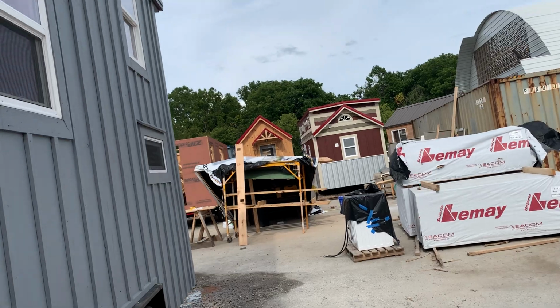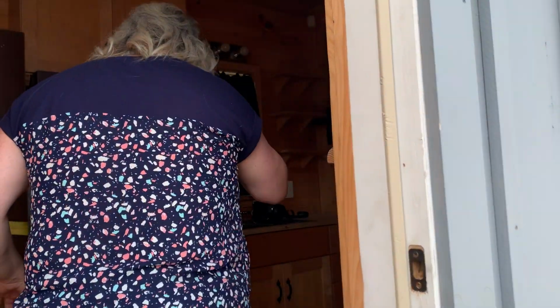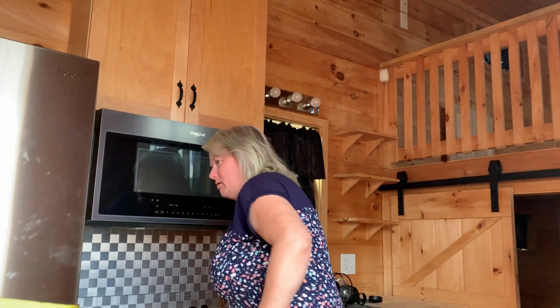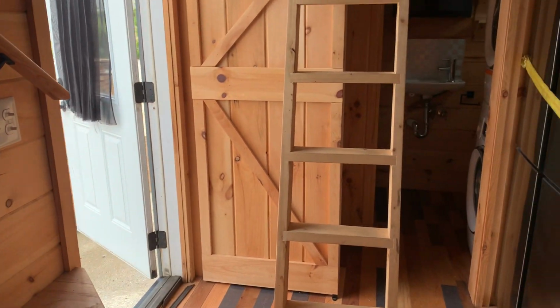Okay. Let me jump up there. Okay, yeah, this is the one I remember. Is this the same one? Yeah, I remember the stairs. All right, let me show it around in here. There you go. Okay. Let's go in. Oh, this is cute. Okay, so right here, as soon as you go in the door,